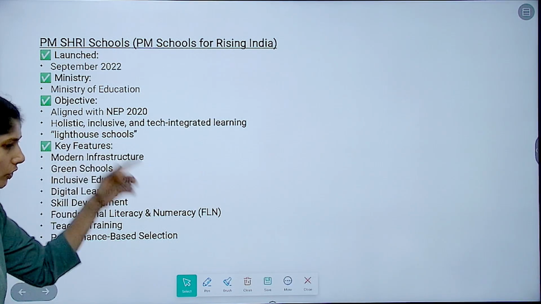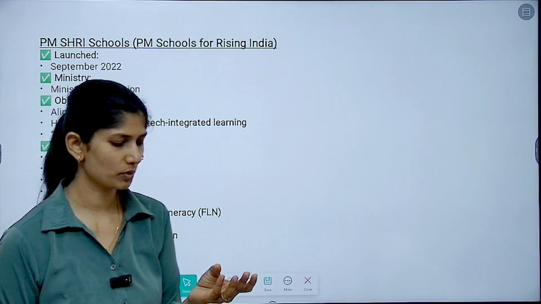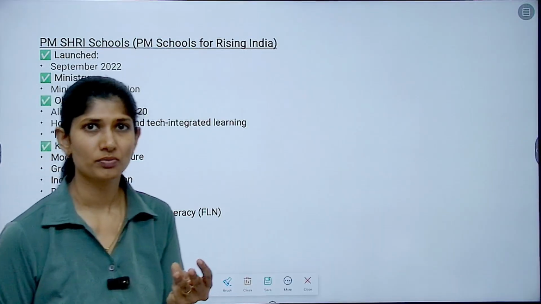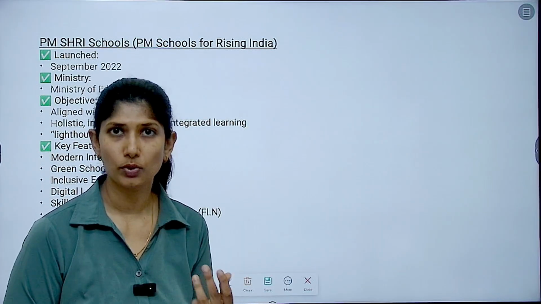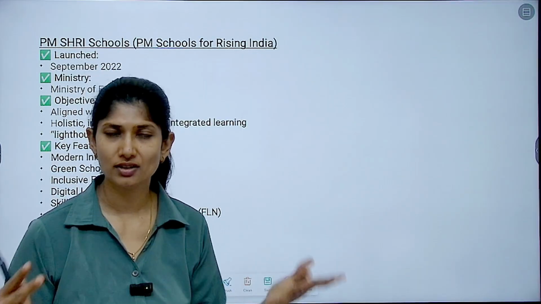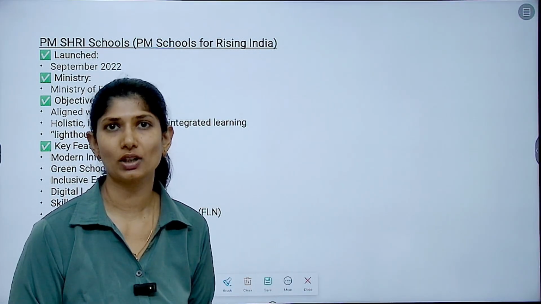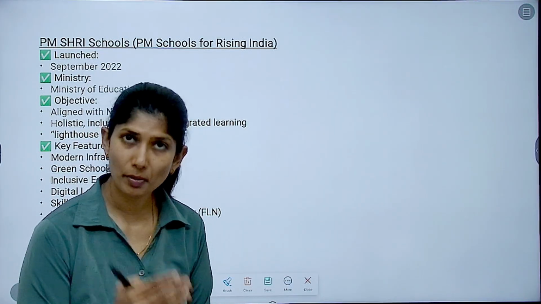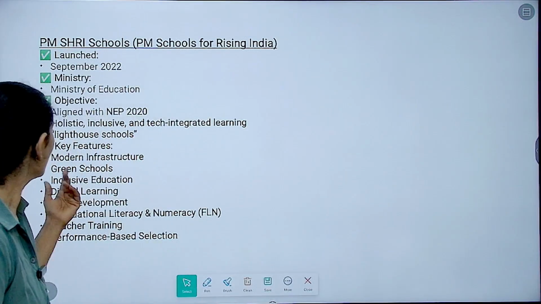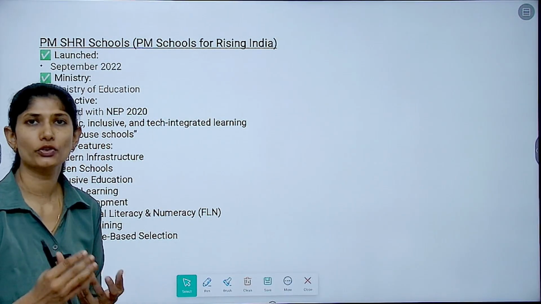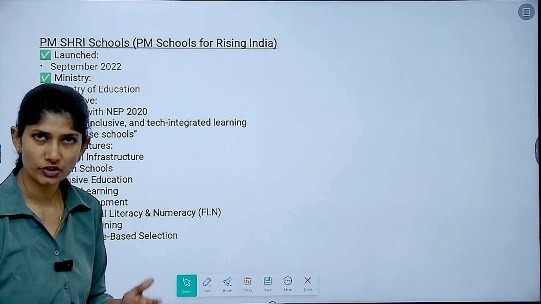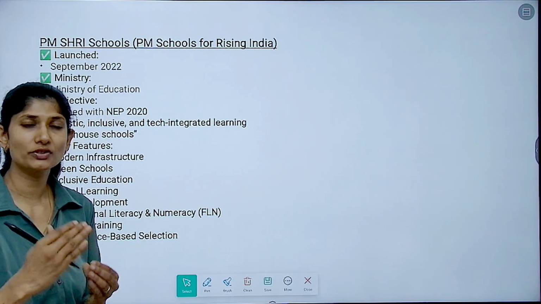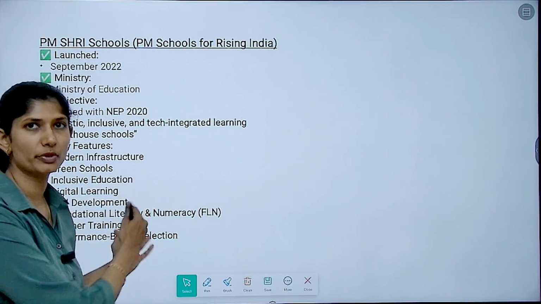First and foremost, modern infrastructure. Modern infrastructure means your school facilities, more toilets, and also smart boards. Digital India is an umbrella program, and you have to bring that into the classroom setup, introducing digital education as a part of the curriculum. Next, green schools: utilization of solar panels, wastewater treatment, grey water treatment, cleanliness drives, Swachh Bharat Mission. All of these are sub-components which will be incorporated into this.